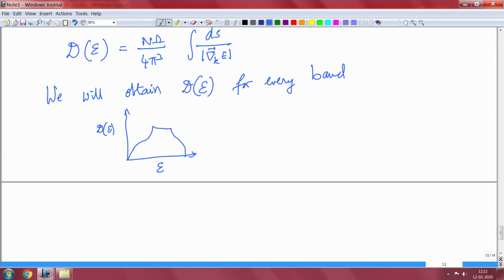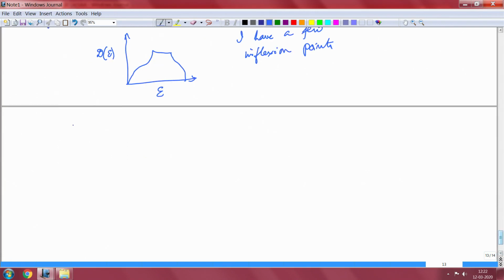Okay. So, in this case, while drawing the density of states, I have a few inflection points. For example, at this point you will not be able to differentiate the curve, neither at this point. So, there seem to be singularities, and the singularities come about because when delta K E goes to 0,